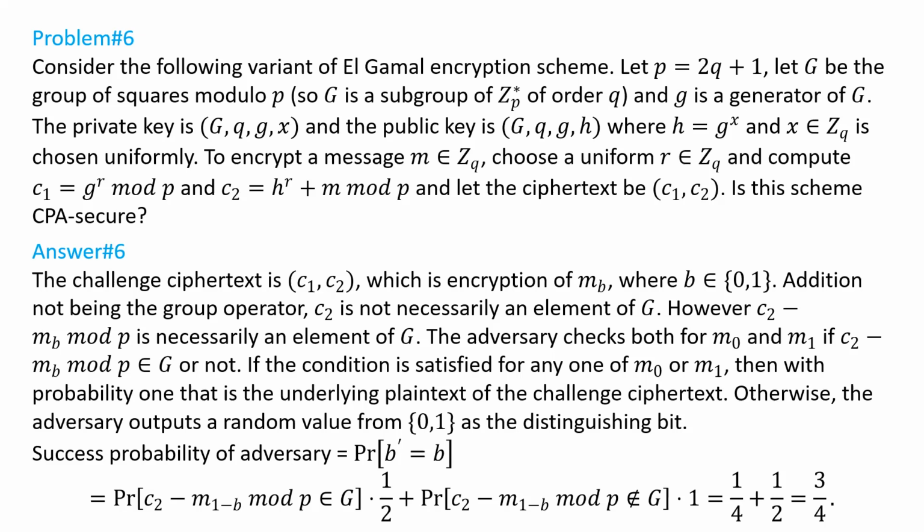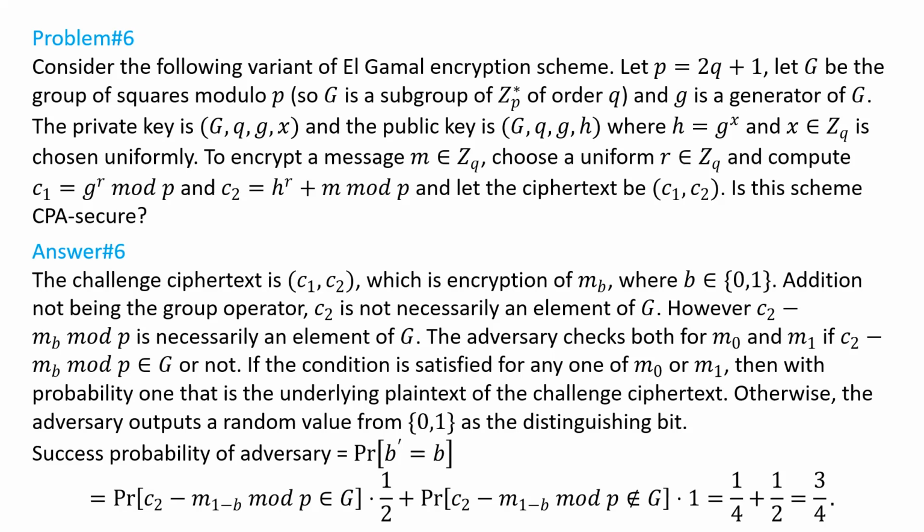Okay, but there can be the case where both C2 minus MB mod P and C2 minus M(1-B) mod P belong to G, both of them. Okay, then what will you do? Then actually, this can happen that let's say your underlying message is MB. So for that C2 minus MB mod P belongs to G, that is always satisfied. But the fact that C2 minus M(1-B) mod P also belongs to G, that will happen with